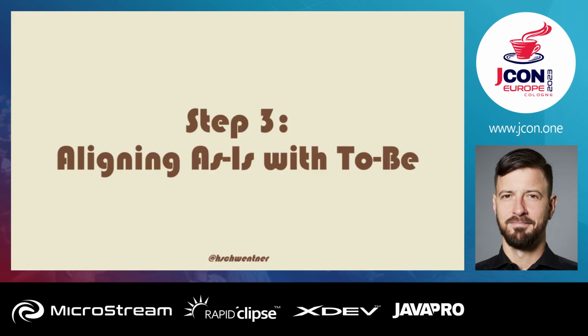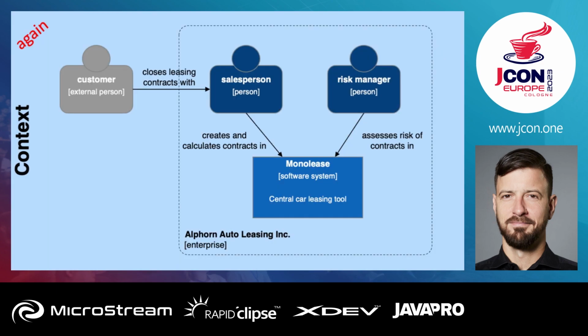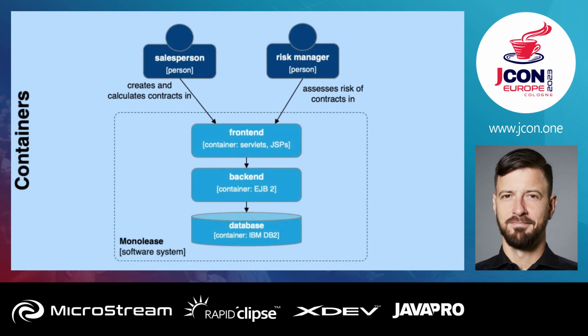obviously. Okay, and then we can move on to step number 3, and that is, okay, now that we have the ideal, let's get the monolith out of its box and see, well, how does it map to each other? So we want to align the as-is with the to-be. That's why we look at the context diagram of the monolith again. The C4 model has this idea that we come from the outside and look into the components, and let's look into the components of the monolith and see if we can find these subdomains there, this sales and risk assessment thing.